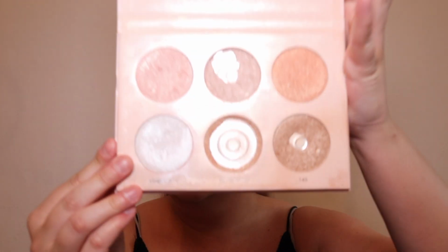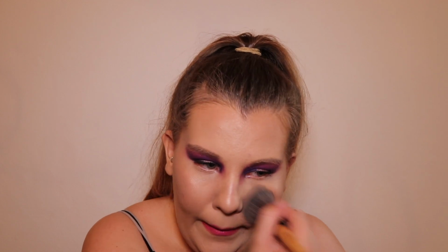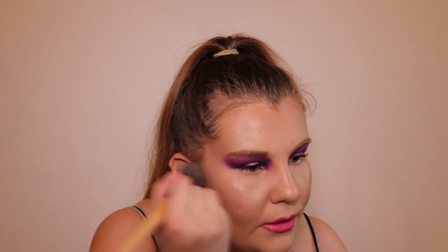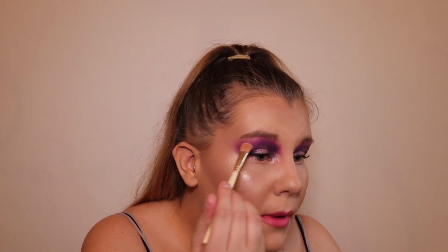And then last but not least, I'm going to go in with my highlighter from my massage use. And take this colour, Kitty Cat, the pink colour. Actually, before I do that, I just need to get rid of, I hate it when I've got shine around the inside of my cheeks. I took the highlighter down a bit too low. That's better. I'm just going to take that and my big flat fan brush and add that to the cheeks. Yes! And then with my smaller highlighting brush, I'm going to do the same, but in the inner corners of my eyes, under my brows,